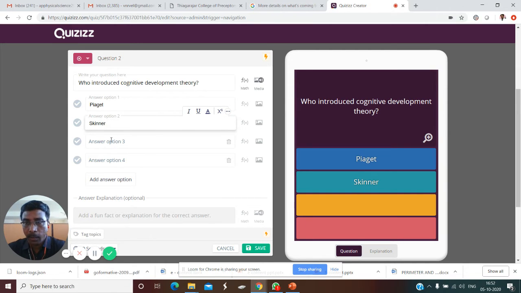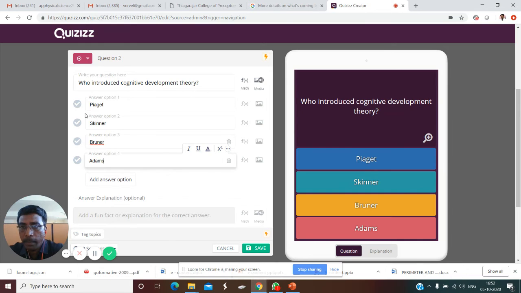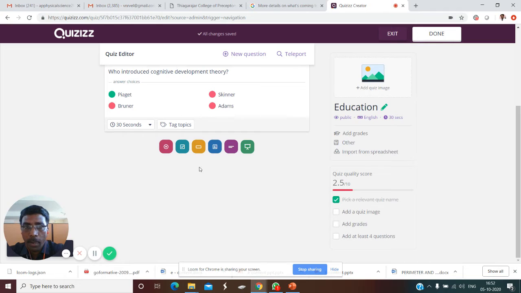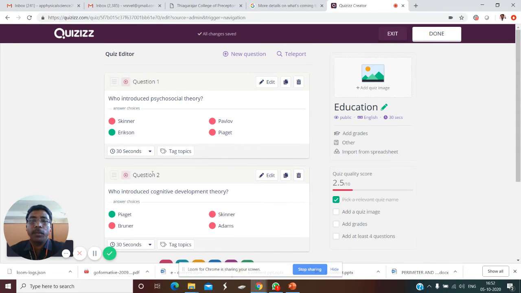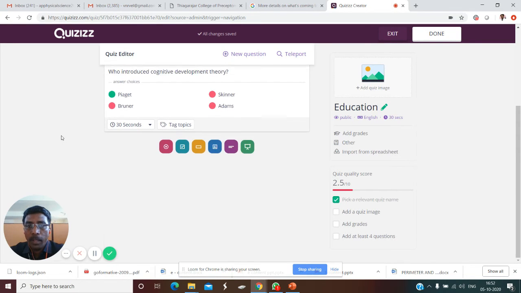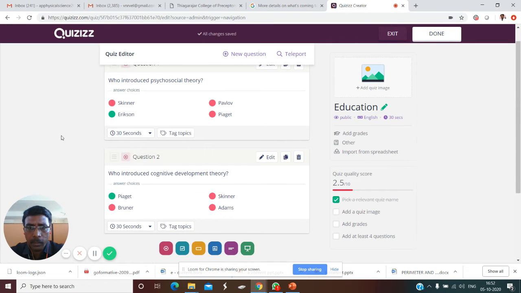You can have four options: Skinner, Bruner, Adams. So the right answer is Piaget, and you can save the question. Similarly, you can create any number of questions. You can create 20 questions or 10 questions with the quizzes.